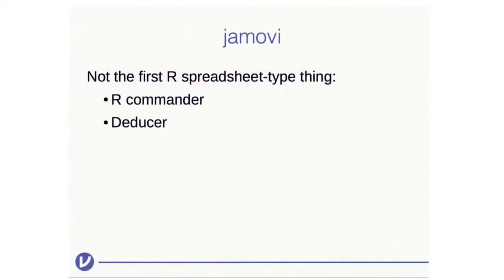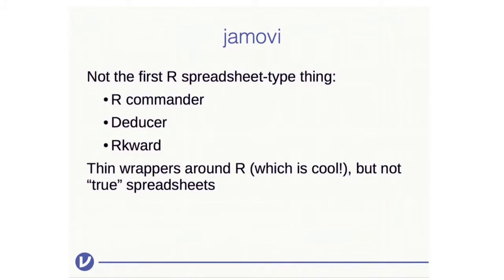Okay, so it's important to recognize that this is not the first R spreadsheet type thing. There's R Commander, there's Deducer, Arquad, I think there's several others. And these have allowed you to visualize data in the left-hand panel, and there's menus where you can select analyses from. But what's different about Jamovi? Well, these packages have tended to be thin wrappers around R, which is cool, but